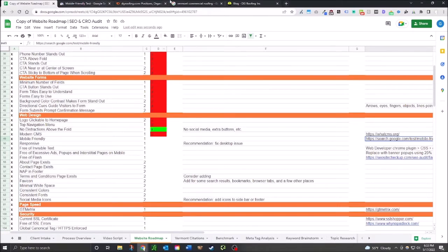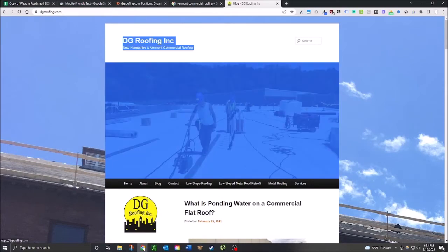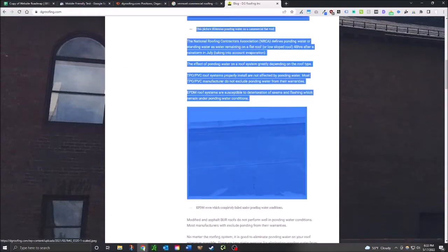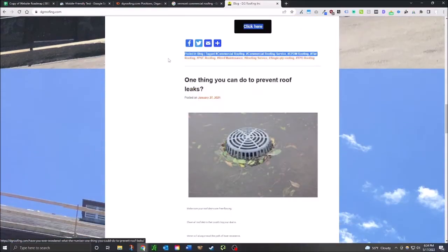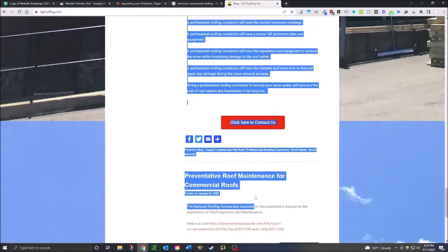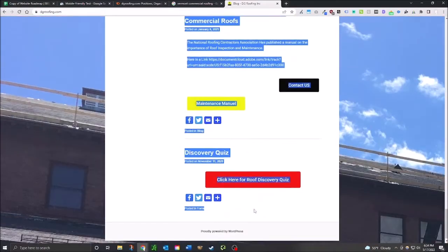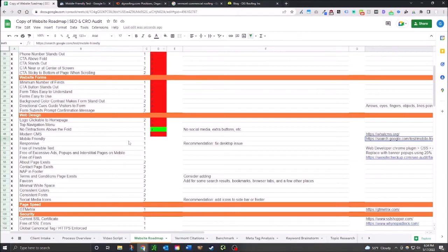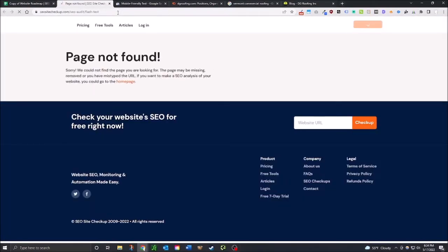Free of invisible text. Invisible text is just something some people use to try to stuff in keywords to make it more relevant for Google, and this did work at one point long ago, but no longer. Looks like you don't have any invisible text. I haven't seen any pop-ups. We'll check the... Oh, I think this might be...